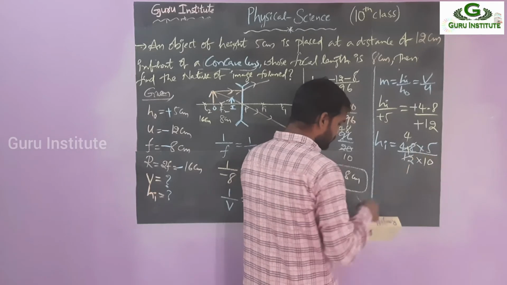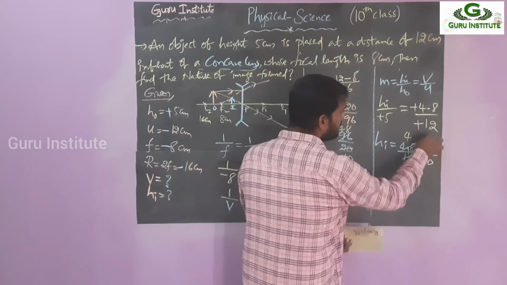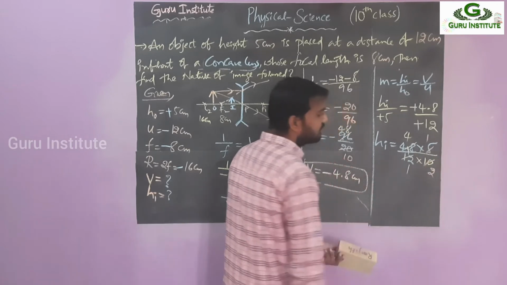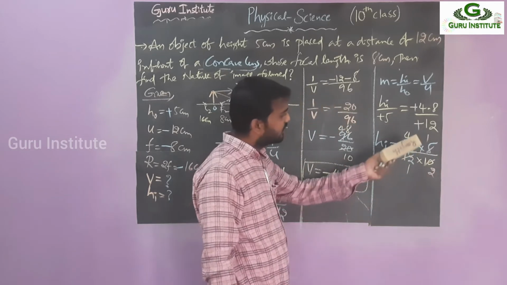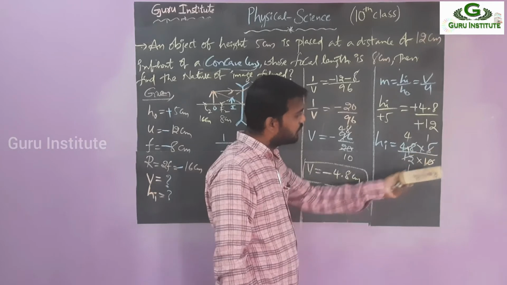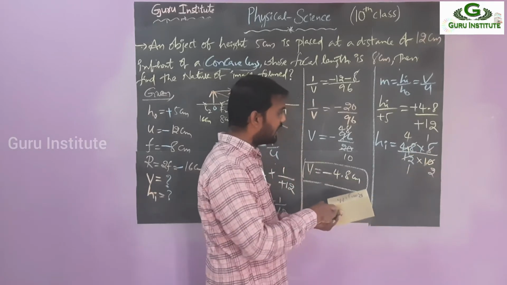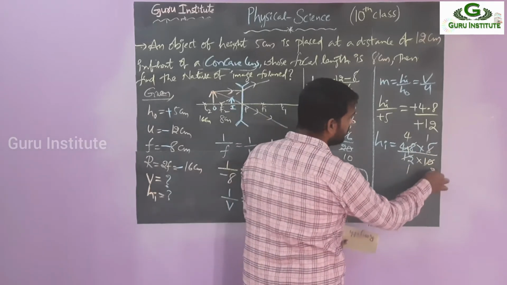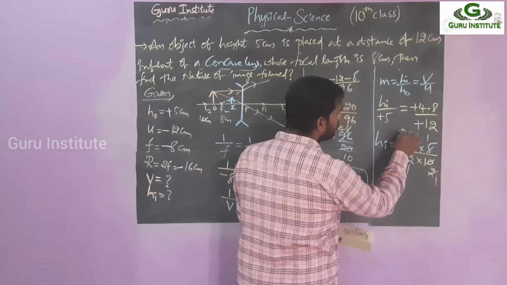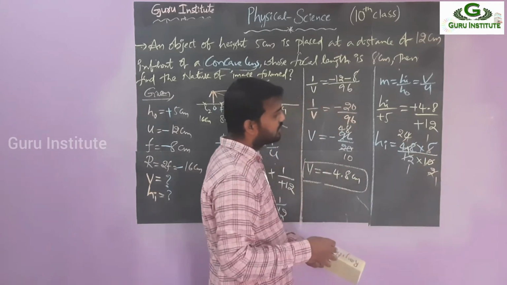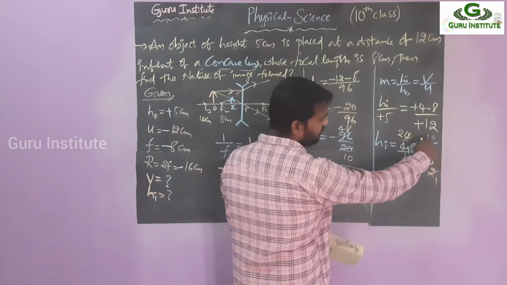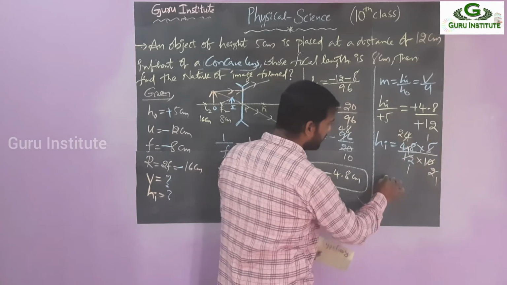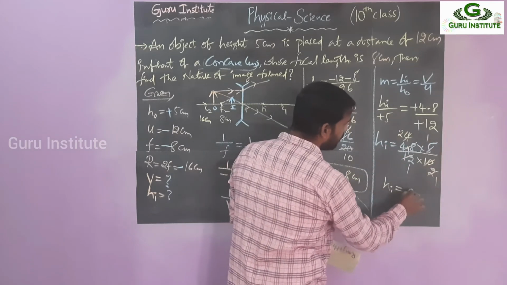Next observe. What is the next observation? 5 1s are 5, 5 2s are 10. Over. So what do you get simply? 4 into 1 is 4, 1 into 2 is 2. 4 by 2, how much? 2. Again the last step. What is the last step? 2 1s are 2, 2 2s are 4. So simply, finally what do you get? 12 4s are 48, 5 1s are 5, 5 2s are 10. So 2 2s are 4. So simply we are getting HI is equal to how much?